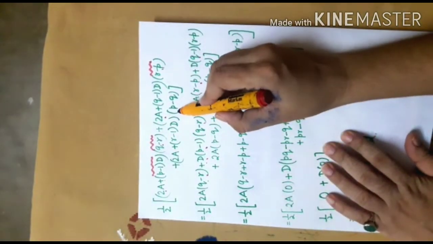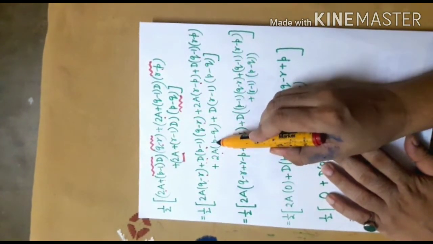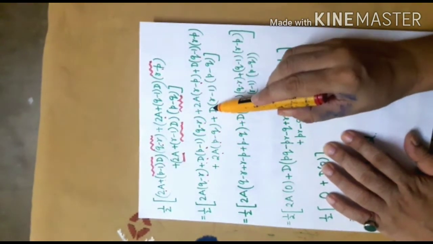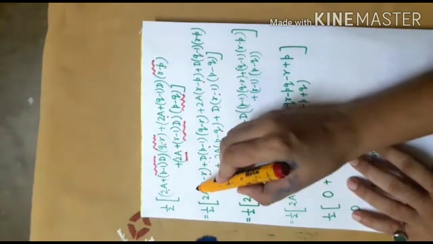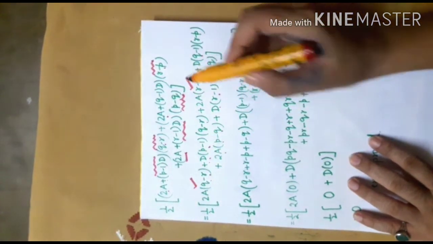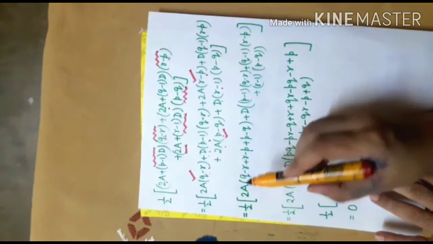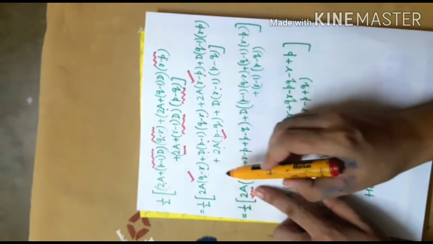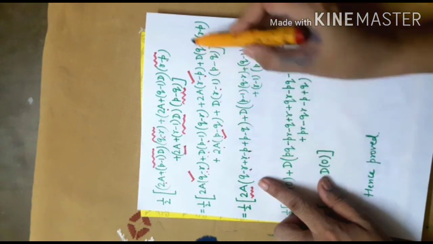And similarly, I multiply P minus Q with 2A. I'll get 2A into (P minus Q). Then I multiply this with this. So I'll get plus D into (R minus 1) into (P minus Q). Now from this and this term, I can take the common factor 2A outside. So I have taken 2A as common factor. So from here I'm left with Q minus R, from here R minus P, and from here P minus Q.